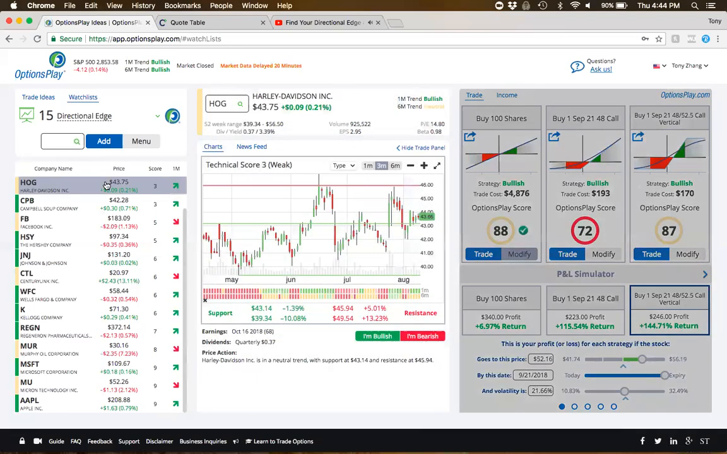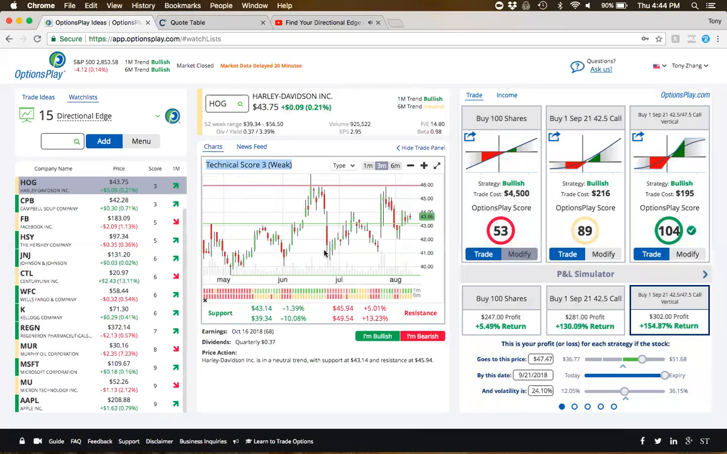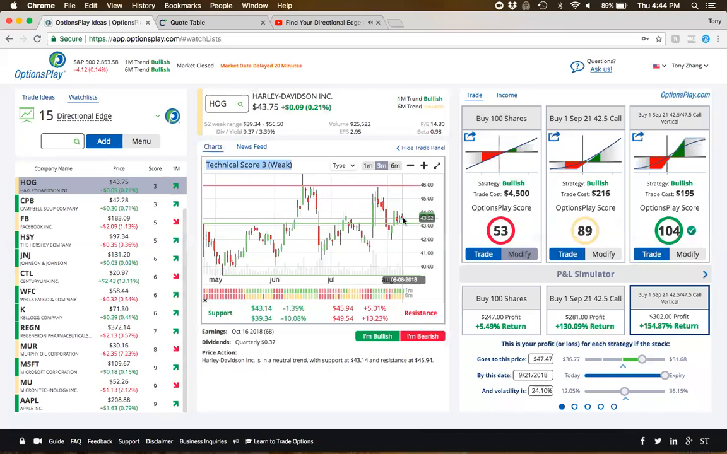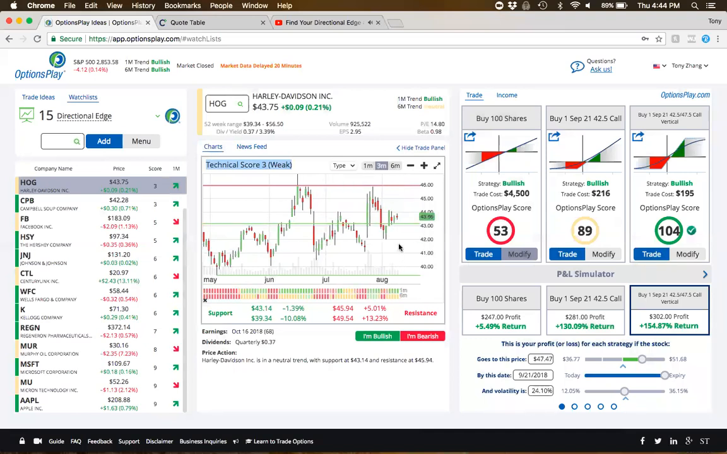You can look at Harley-Davidson. As you can see, a relatively weak stock, but the trend has started to turn a little higher. As you can see, this is continuing to make higher lows and higher highs. So these are the types of stocks that you would traditionally be looking for if you were looking for bullish